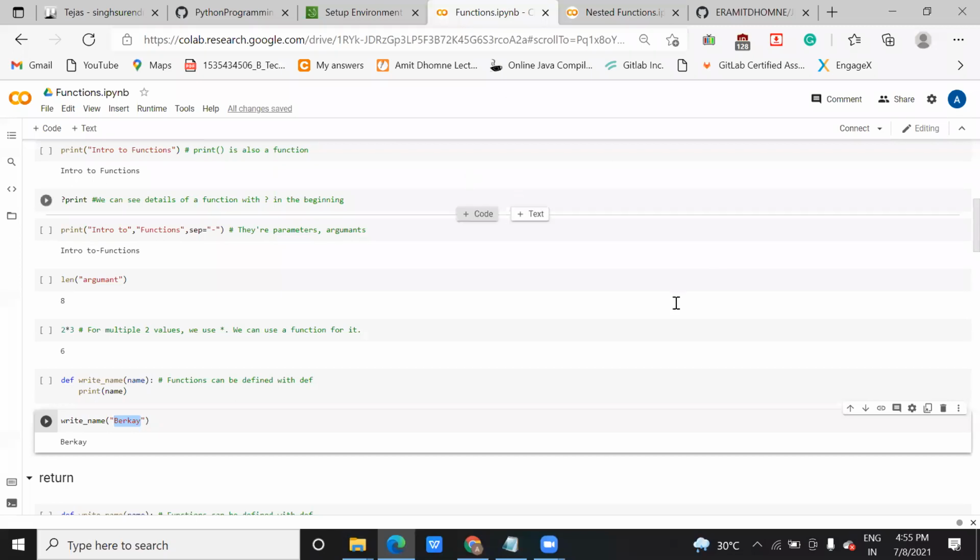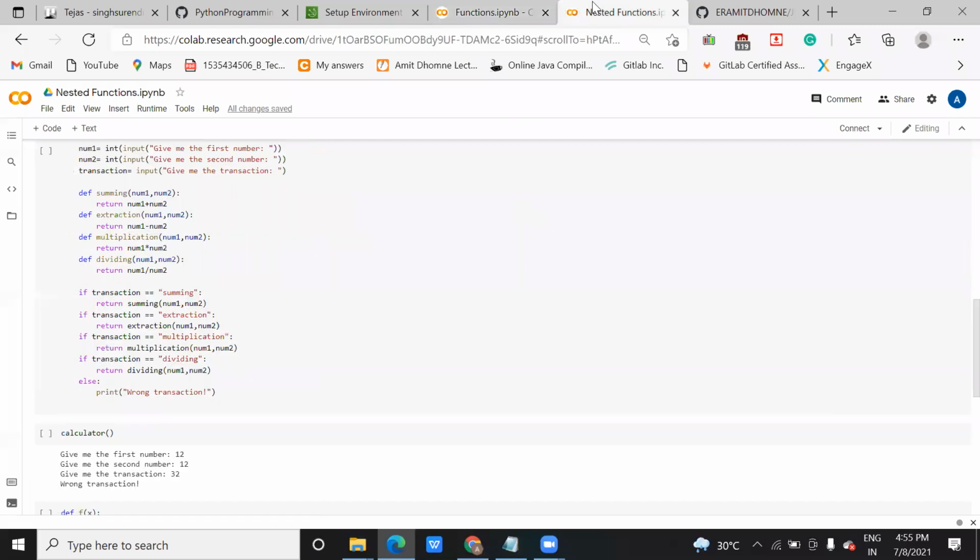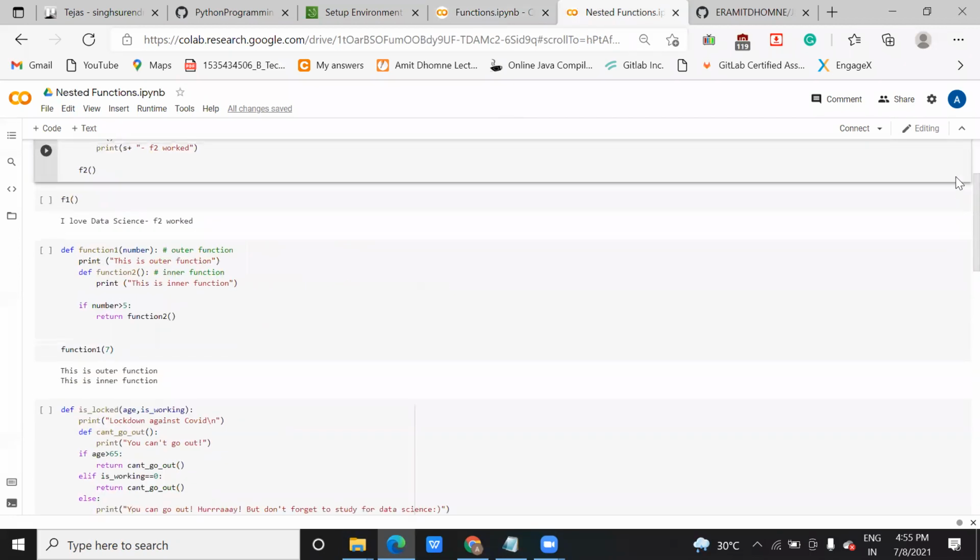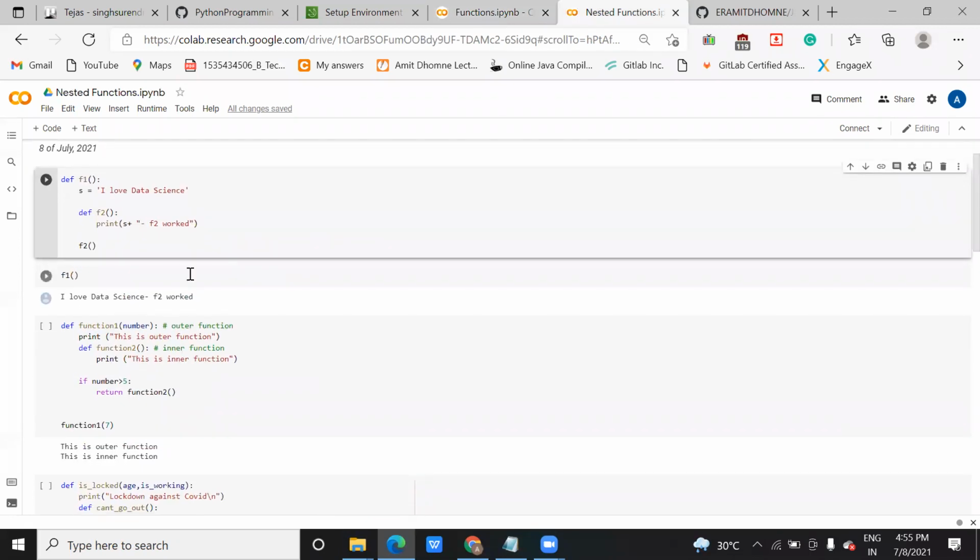Now today I wanted to show you nested functions, right? Nested function is also simple, it's not much difficult. You can see on my screen that I have created one function f1 and one variable s, which is of string type, and I have written "I love data science and Python programming."